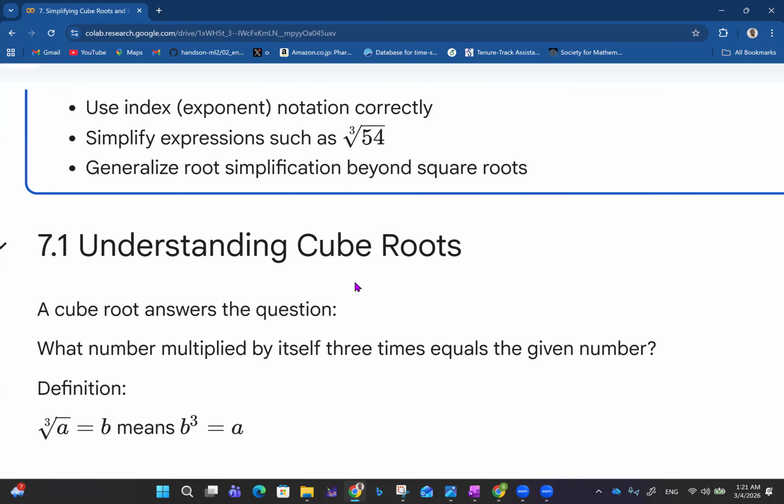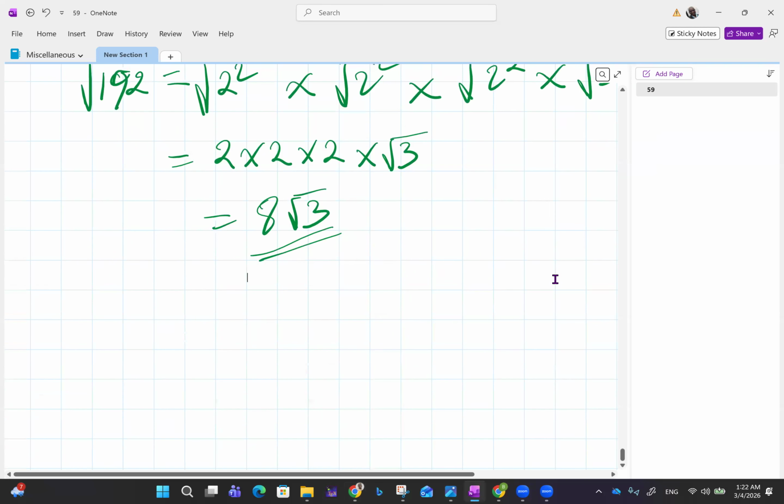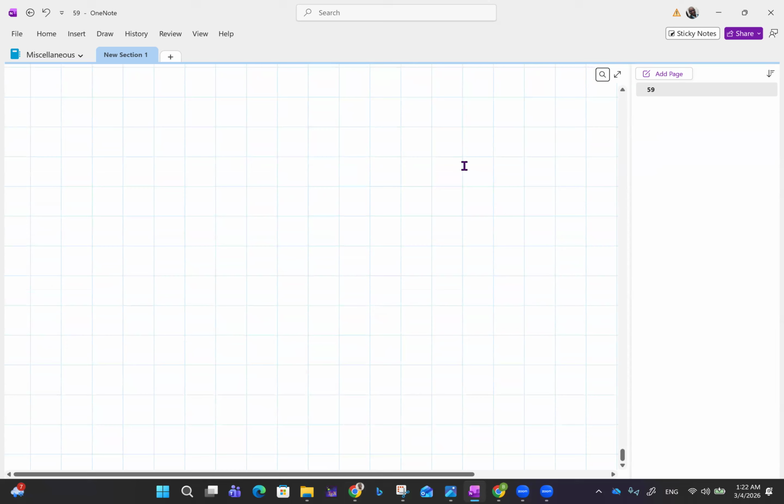Okay, so first of all, understanding cube roots. A cube root answers the question, what number multiplied by itself three times equals the given number? So the definition is that the cube root of A is equal to B means that B times B times B is equal to A. So if I want to do it like I did the idea of square root the other time, now the question we are asking ourselves here is that